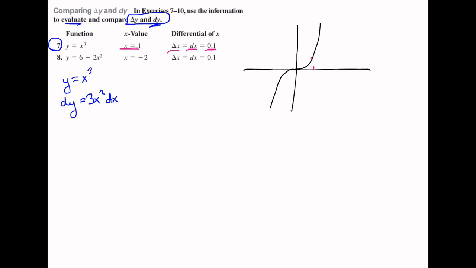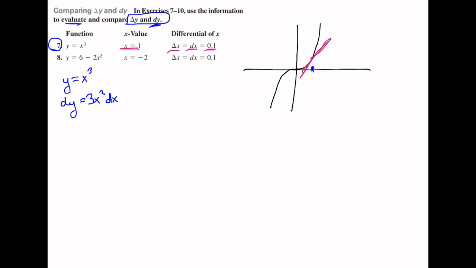And I want to use dy to approximate delta y. Well, dy comes from the fact that we are looking at dy dx. dy dx is the slope of a tangent line. So I'm going to draw a tangent line here. All right, after drawing that tangent line, know that what we are doing is, say for